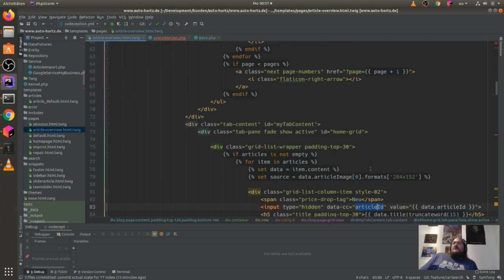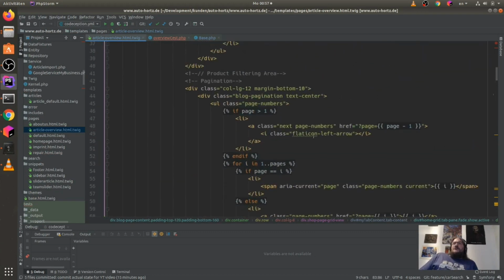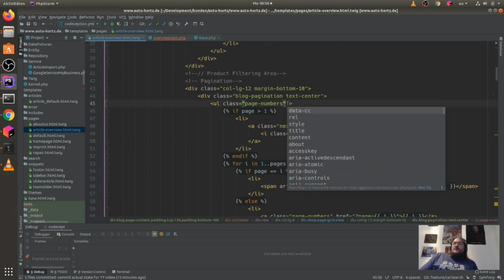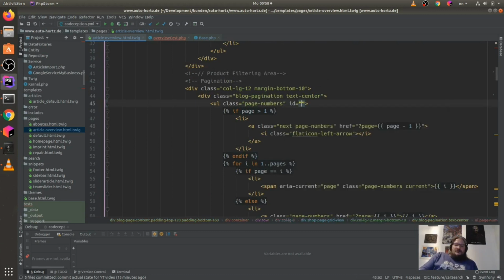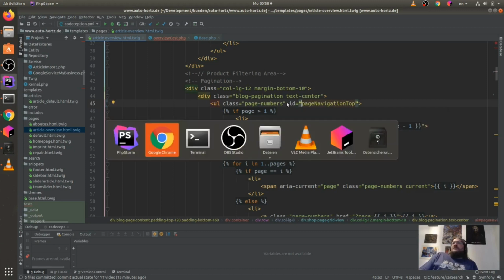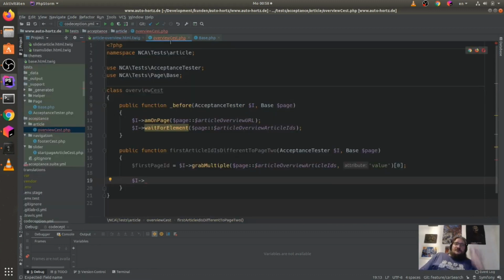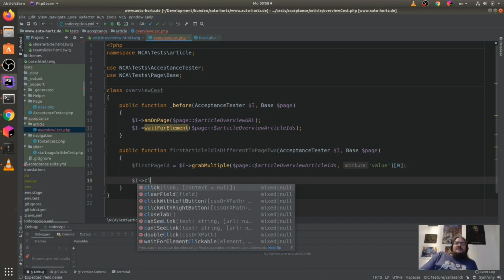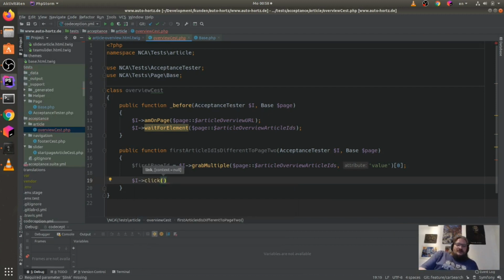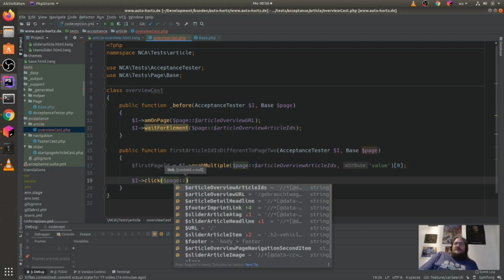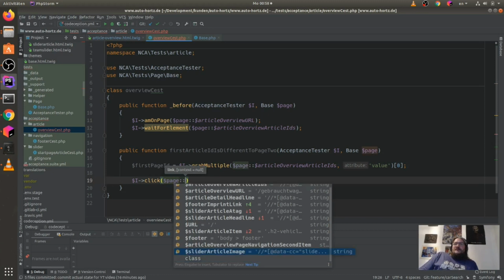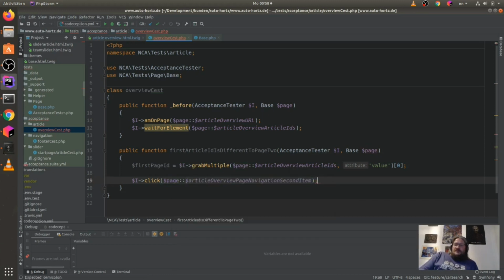We have here now our page numbers, and we say, okay, give me an ID with page navigation top. Okay, so now I can say click page. We have here now this second item to click.